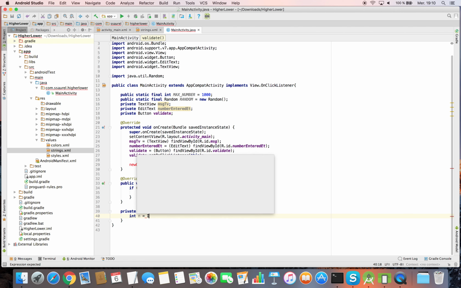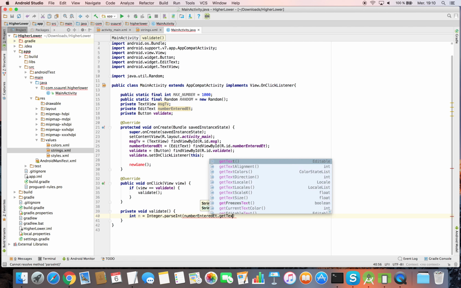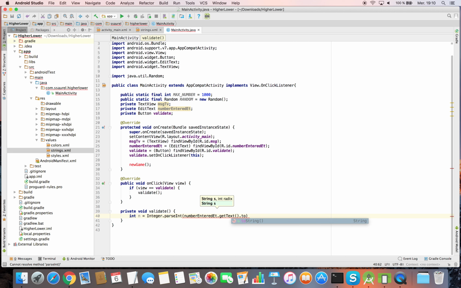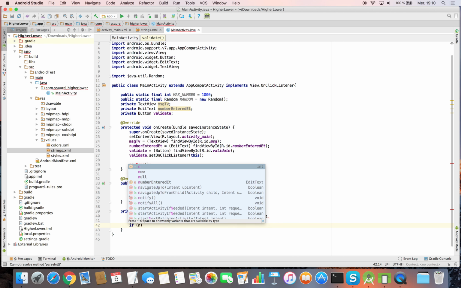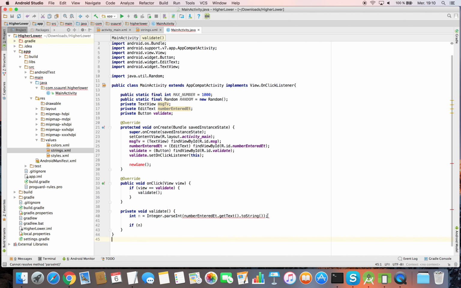First, we get the number entered by the user in the edit text. We increment the number of tries.